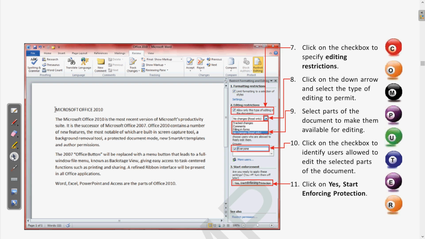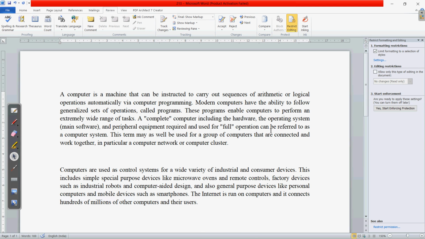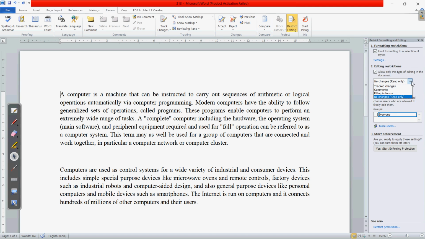Okay, let us come again to our document. So here we are right now on the editing restriction. When you click on this checkbox, it will give you a drop down menu. So here we have the different editing restrictions. First is track changes, comments, filling in forms, and no change, read only.